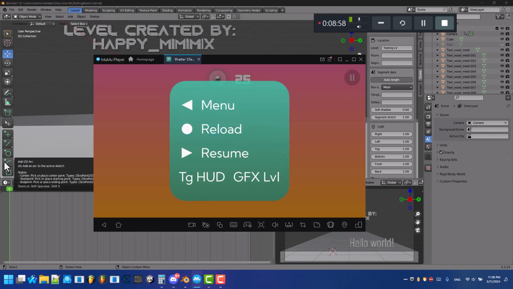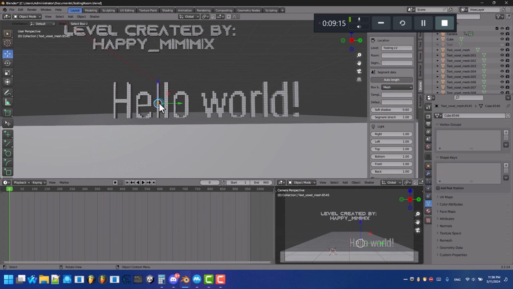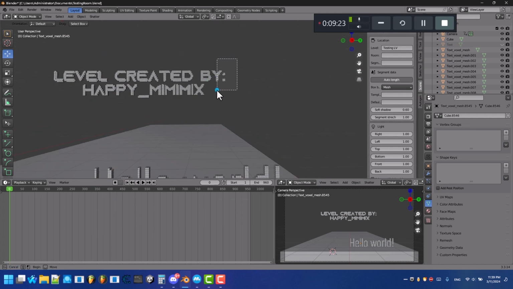Reload the level. See if the text is there. It seems like it's not. Very weird. Why did that happen? Okay, you know what? I'm going to remove all of these on the top,